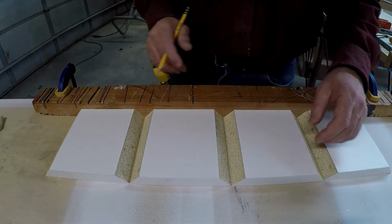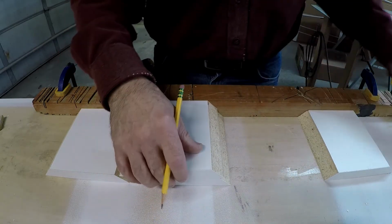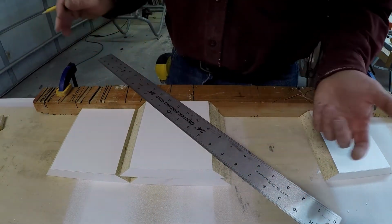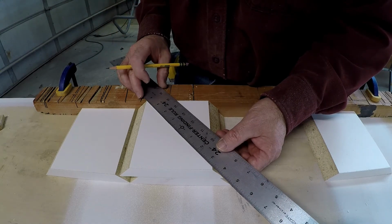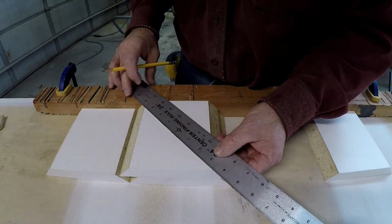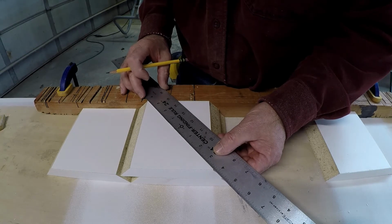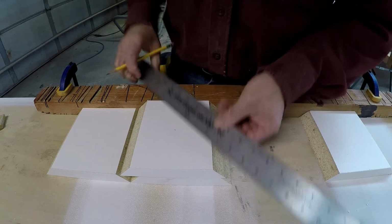Okay, so the next thing that we want to do is we want to put a hook in one of these. So we'll take the one that we want to put the hook in, we'll make that the top. And on this box it doesn't matter, it would only matter if you were doing a rectangle. And then what I take is, this is a self-centering ruler, which runs 12 inches on each side of center. Just makes it easier to find the center here. So we're at 3